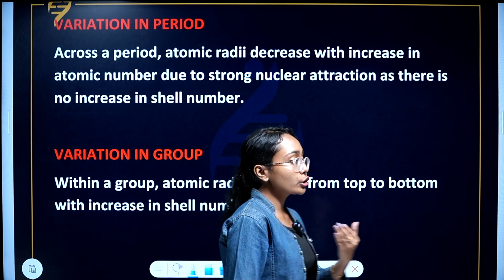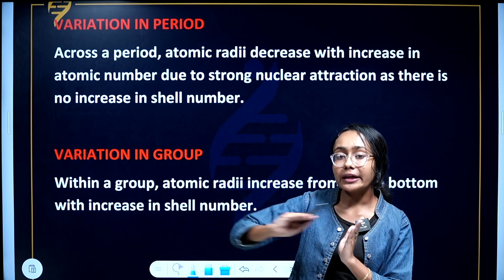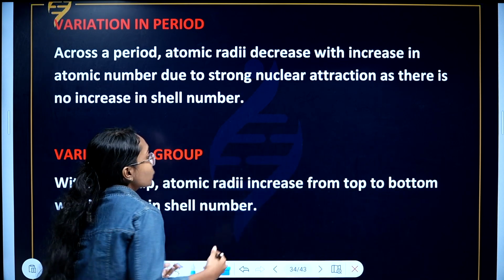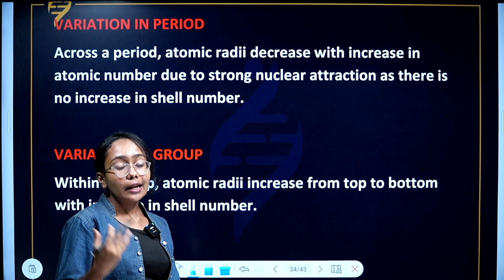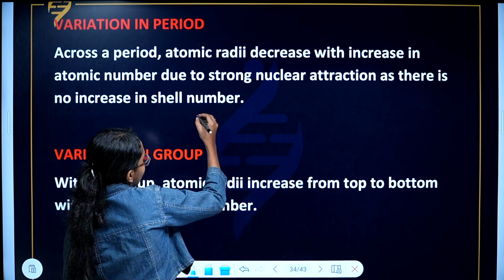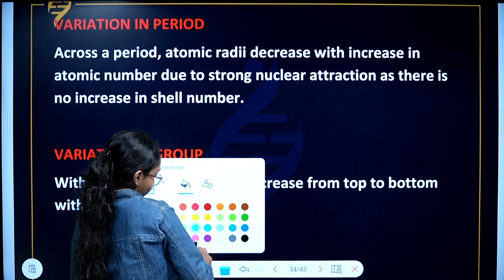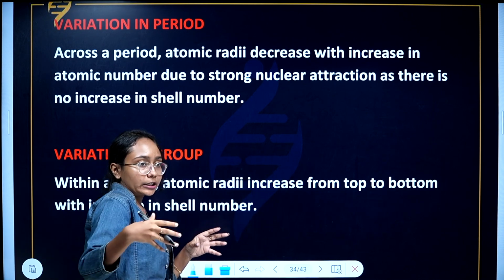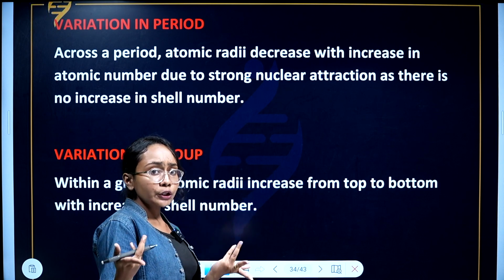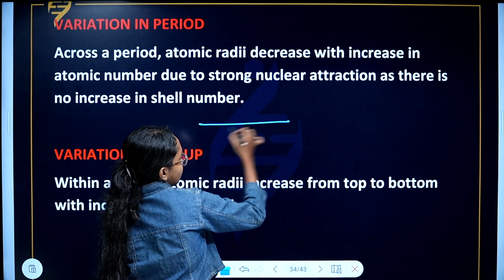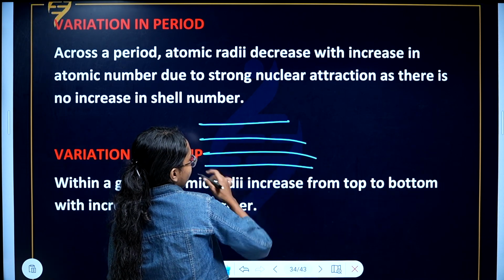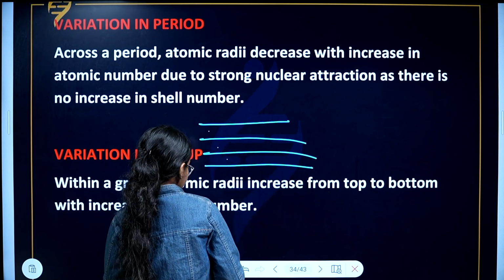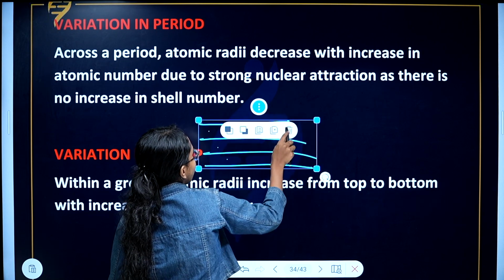Now, variation of atomic radius along a period and along a group. We will start with the variation of atomic radius along a period. You know what a period is, right? A period is these horizontal sections: period 1, period 2, period 3. So, in a period, when you are going from left to right,